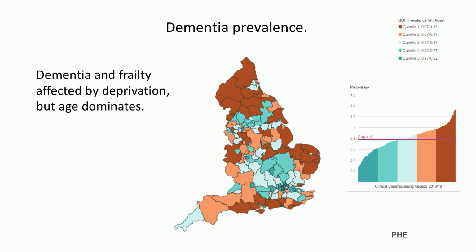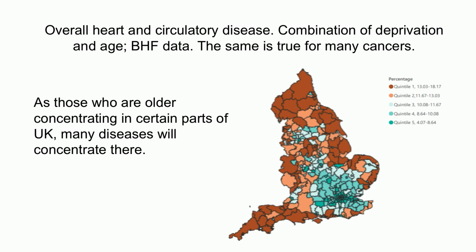And there's going to be a gradual shift of ill health towards these areas, which is wholly predictable. It's going to happen over the next 2 decades. And then you've got some diseases like circulatory diseases, heart disease and stroke, and they are both affected by deprivation, so they concentrate in areas of deprivation, and they're affected by age, so they concentrate in areas of age, but therefore the areas of the country they are include the deprived areas and the rural areas where older people live,